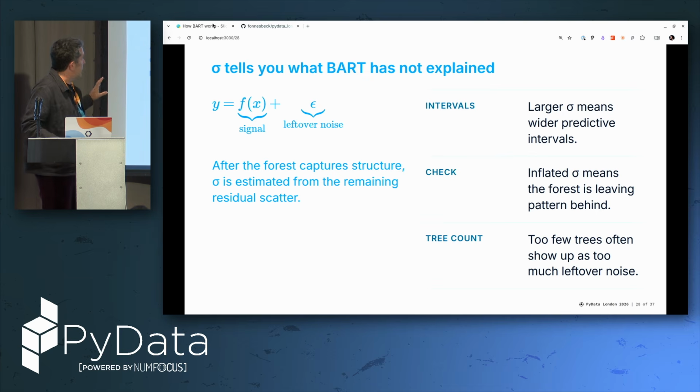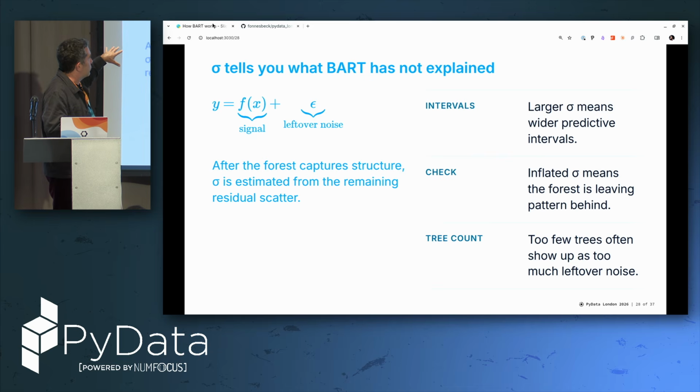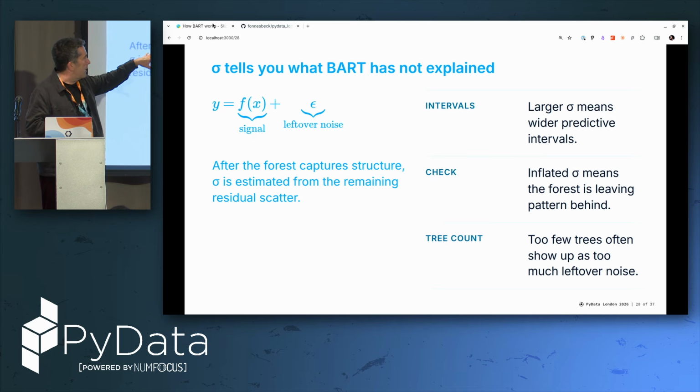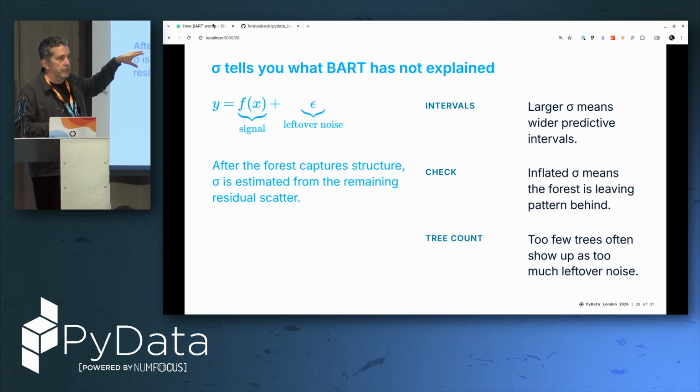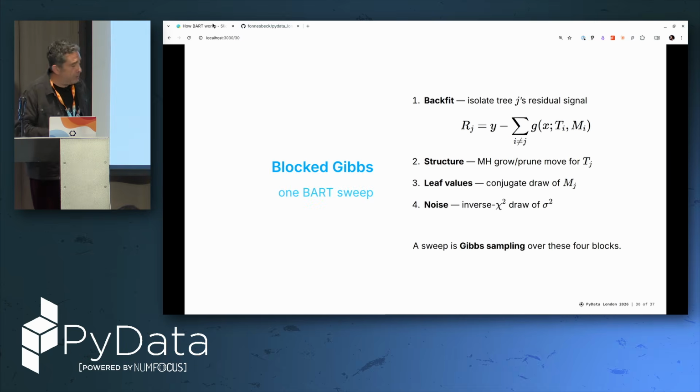And then the other parameter is the noise. This is essentially what's left over after you've added all your trees together. That's got to have a prior as well. And this is a nice metric: you observe how sigma changes as you fit more trees, and at some point it'll plateau. There's only so much juice you can squeeze out of the lemon. You can use that as a check on whether or not you're done, in terms of the size of the model, how many trees you want to fit. So, putting it together,